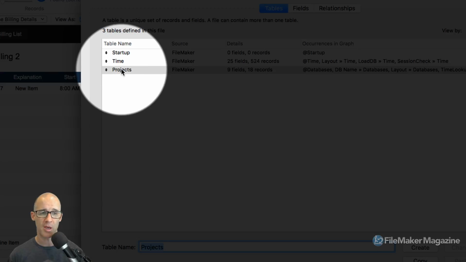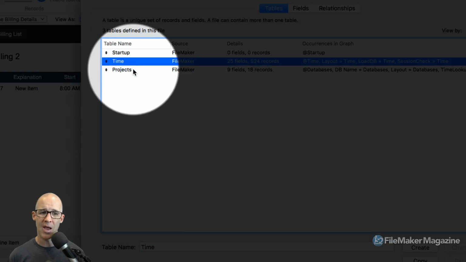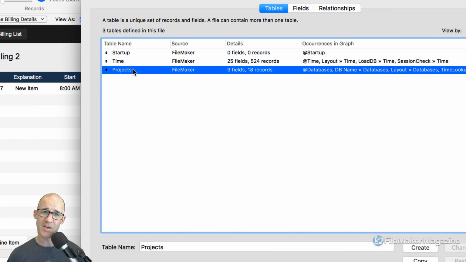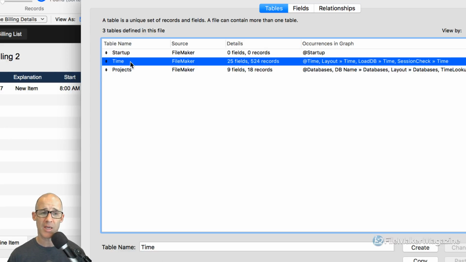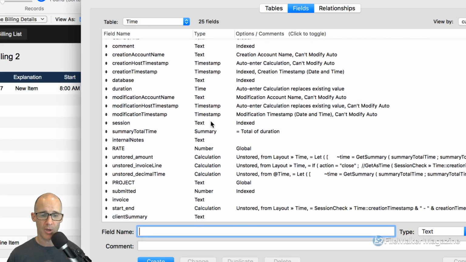FileMaker doesn't really care about that change, and I know that I'm safe to change it because I haven't made any literal references to that table. So I basically have time and projects. But the distinction here between the way that FileMaker did implement their solution and the way that I actually implemented mine is that when we take a look and